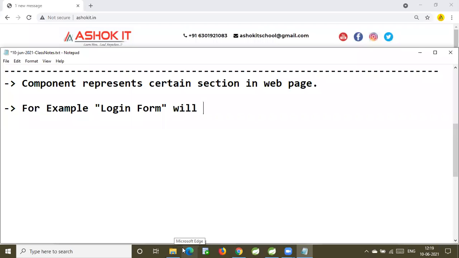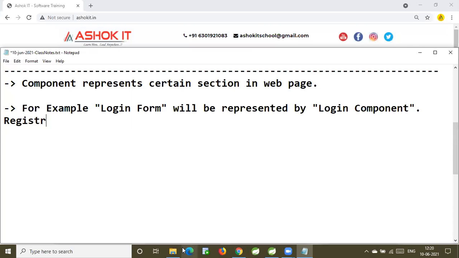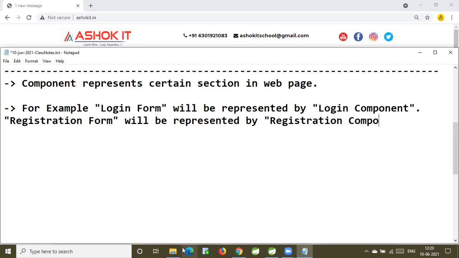A registration form or registration page will be represented by a registration component. An Angular application is nothing but a collection of components only.